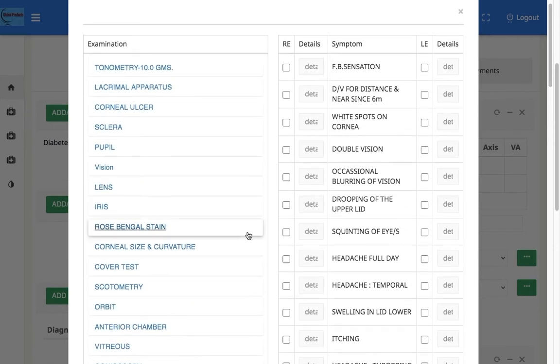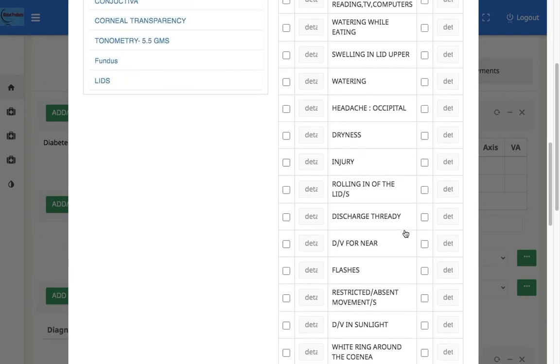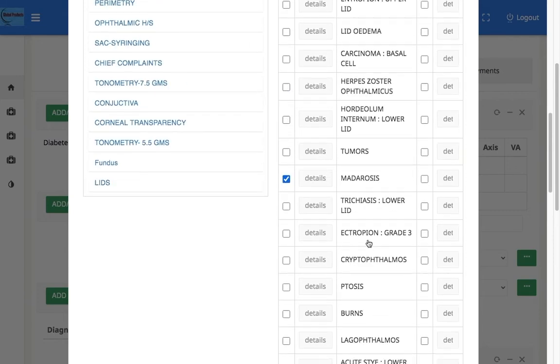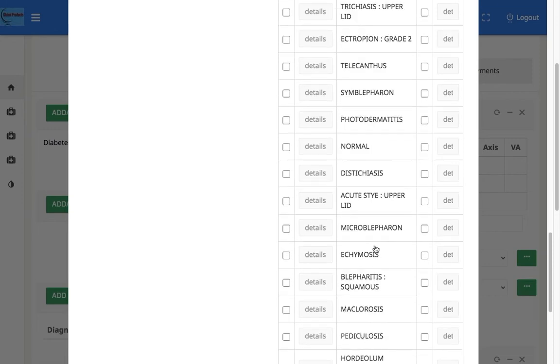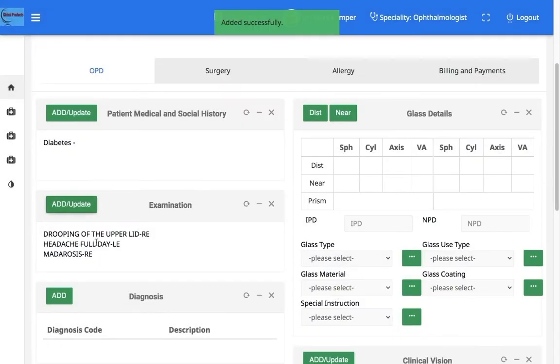The examination findings are recorded by again clicking on the checkbox for the right eye and left eye. This is for lids. And similarly, clicking on save will save the options selected.